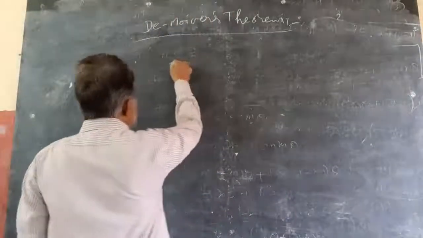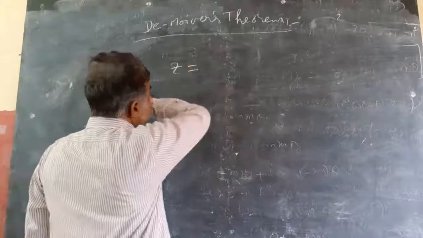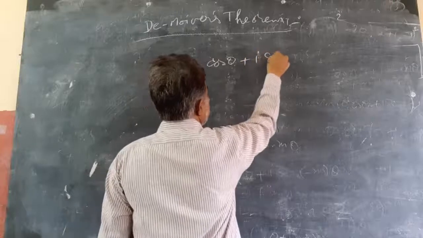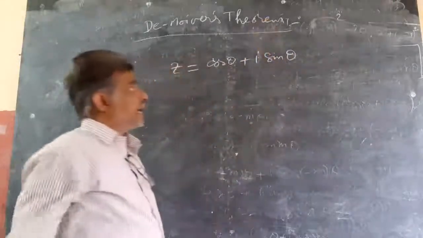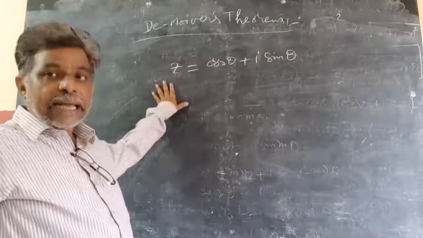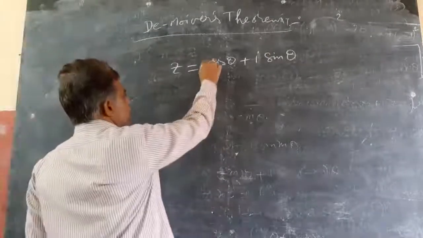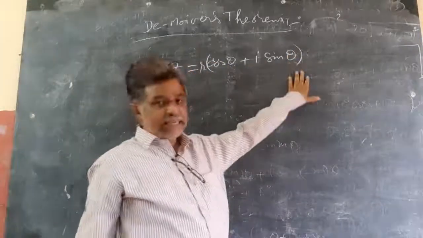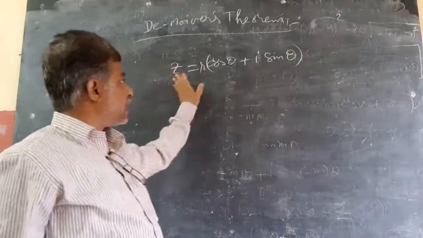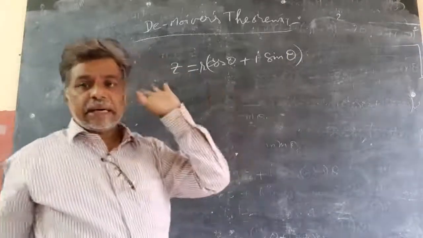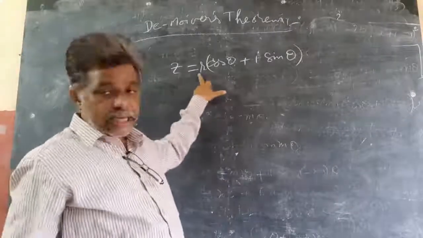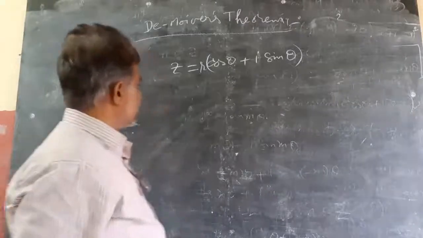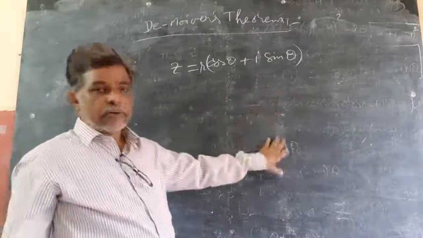Let z equal to cos theta plus i sin theta. Then I want the nth root of z. Otherwise, take some r also, no problem, because I told the polar form. Polar form is r into cos theta plus i sin theta. If r is equal to 1, I can write z equal to cos theta plus i sin theta. It's your choice of writing. If you take modulus 1, then z automatically becomes cos theta plus i sin theta. So first I am taking r, then you can take r equal to 1.